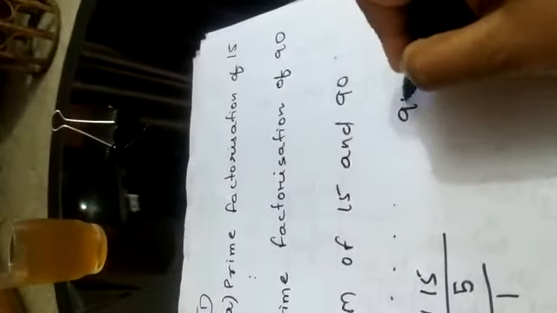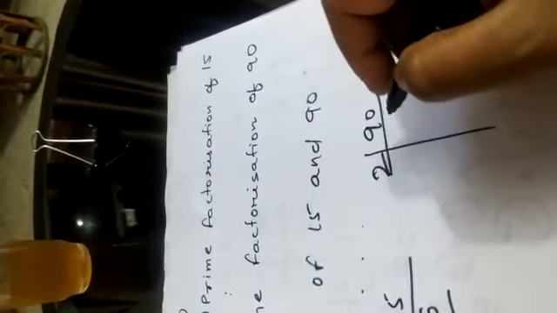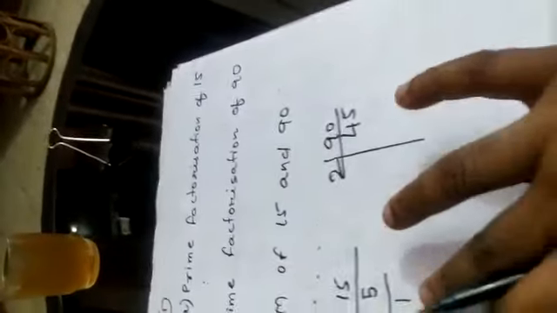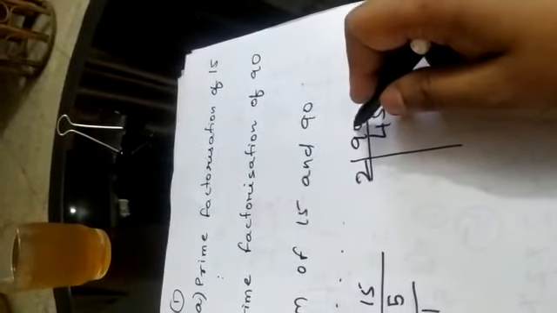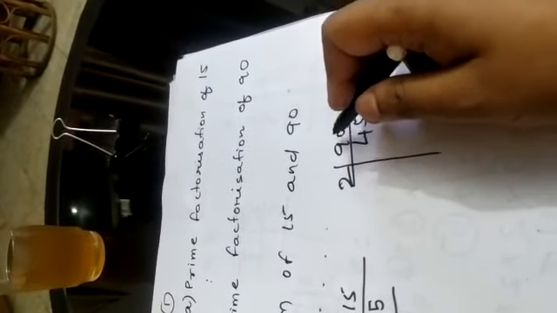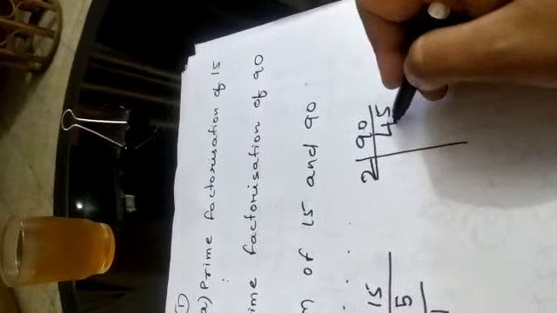Now we find next the prime factorization of 90 by division method. 90 is a composite number. We divide 90 by the lowest possible prime number 2. So after division, we get 45 as a quotient. We write it just below this. This is 90 whose prime factorization is to be found out. It means it is the dividend. Now 45 is a quotient. The quotient should always be written below the dividend.